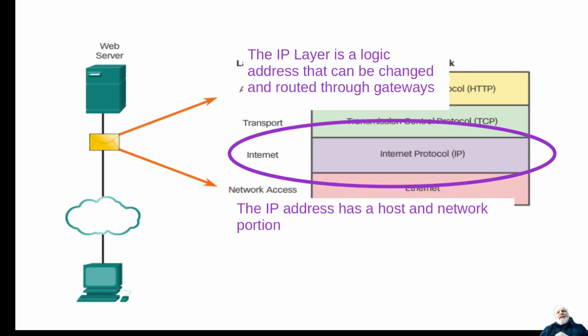And then there's what we call the internet layer, or internet protocol layer, and there we also have an address, but that address is specifically for the logical level, which means that it can be changed very easily on the fly. So the hardware ones